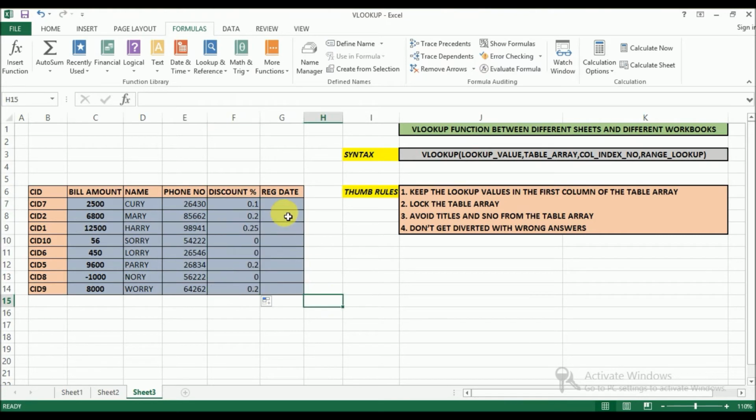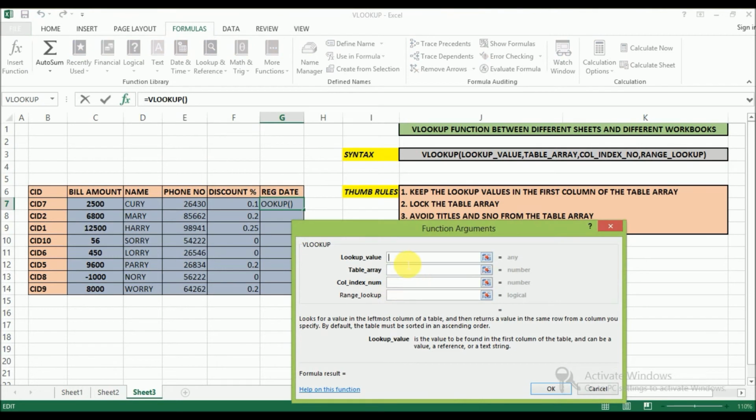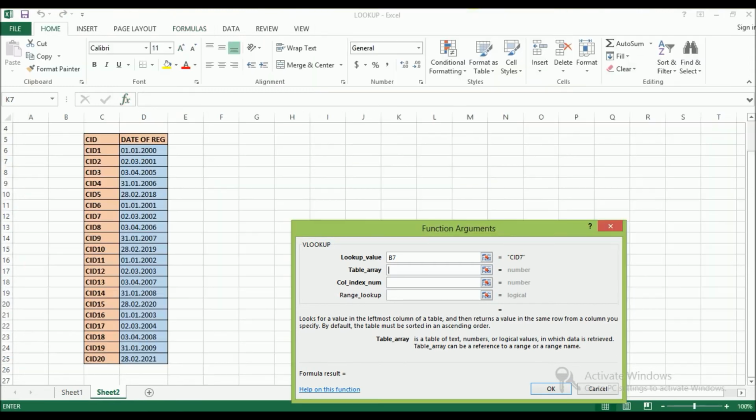Okay, what about registration date? It is as similar as what we did previously. So I am inserting the function VLOOKUP, lookup value. As we saw, lookup value is customer identification number. Table array, we'll go to that Excel sheet or that workbook.